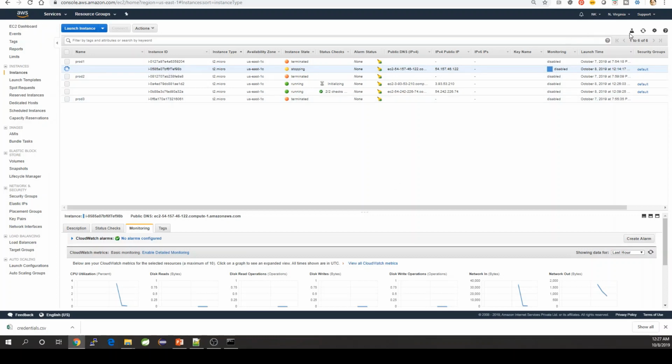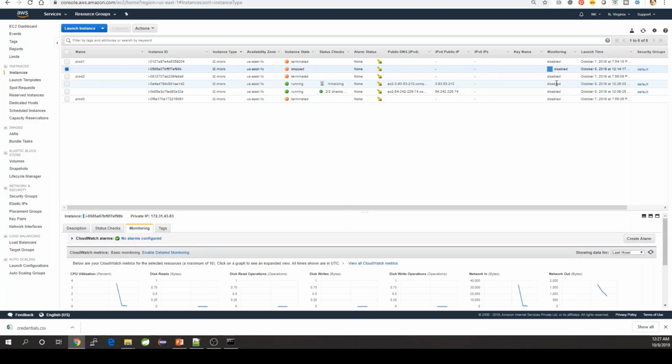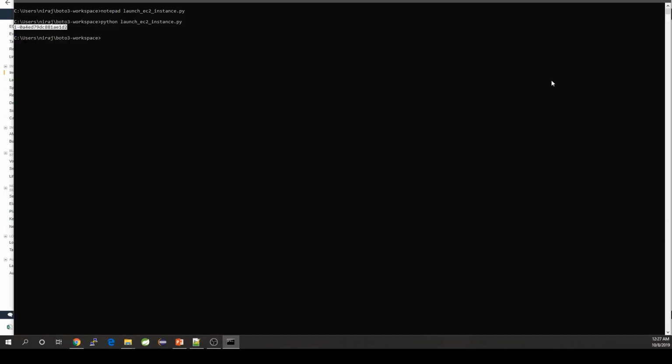Any instances which are in a stopped state, I want them to be started within a particular time duration. So what I'm going to do is create one more Python file which says start